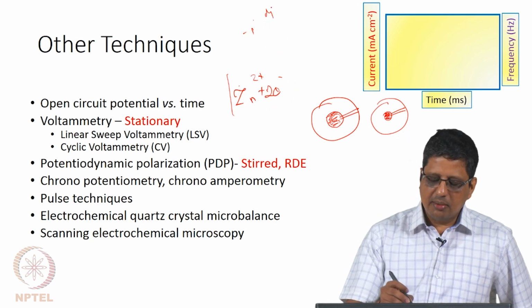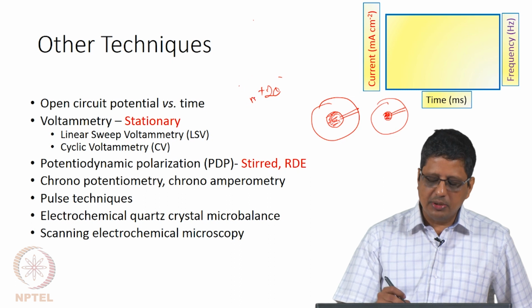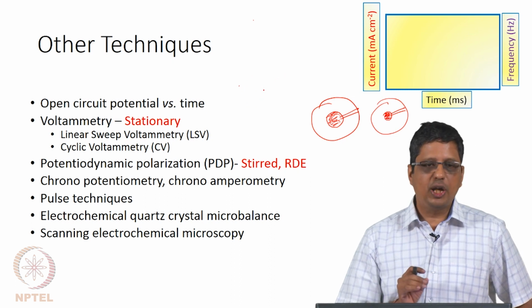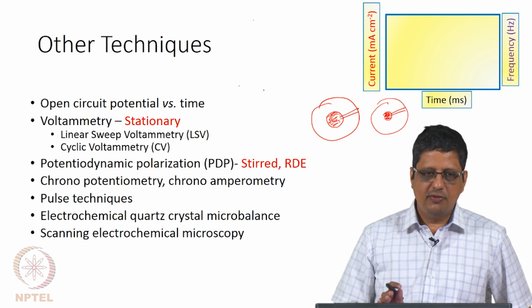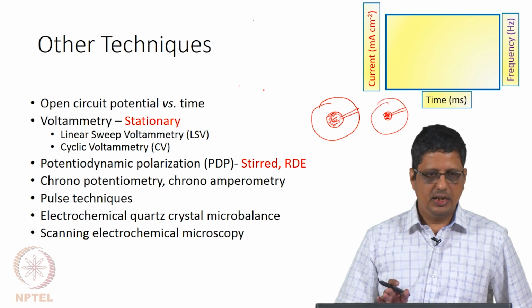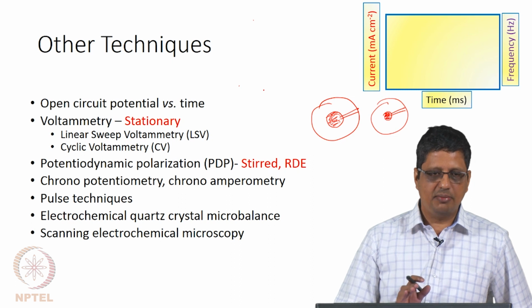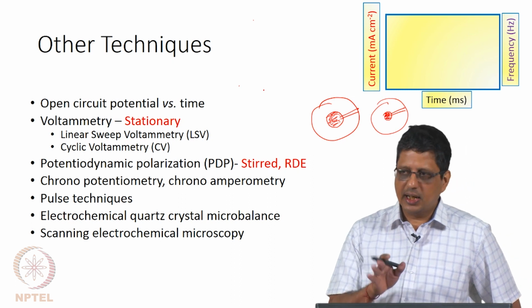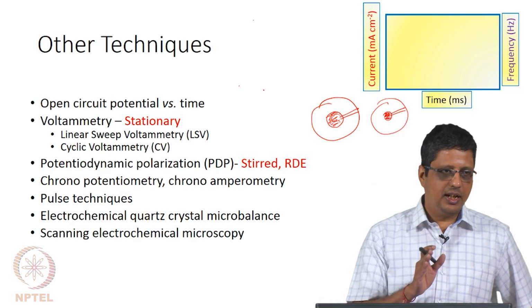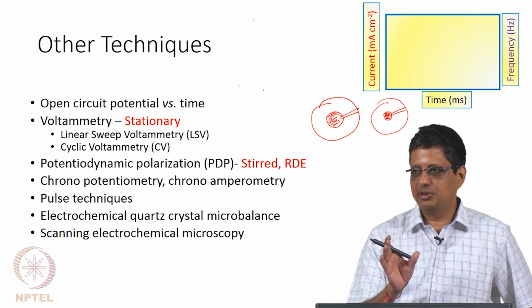From the quartz crystal microbalance, you can find out actually how much is deposited to the extent of microgram very comfortably. The manufacturer will claim that you can measure nanograms in this, but microgram you can comfortably measure, meaning even in presence of noise you can measure it well. 0.1 microgram with some difficulty. If you want to measure nanograms, it will work only for a few systems, ideal systems.